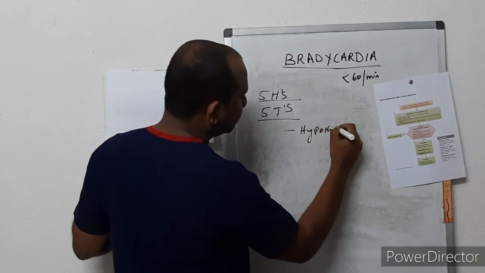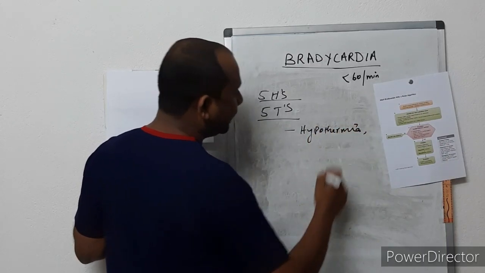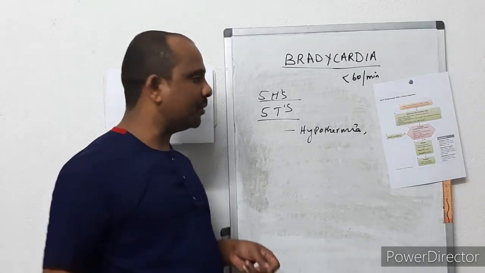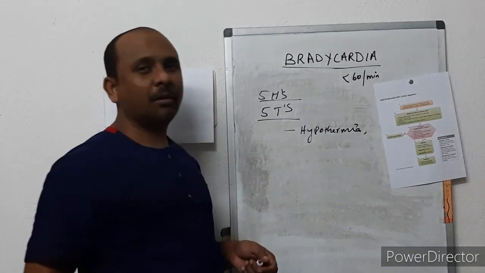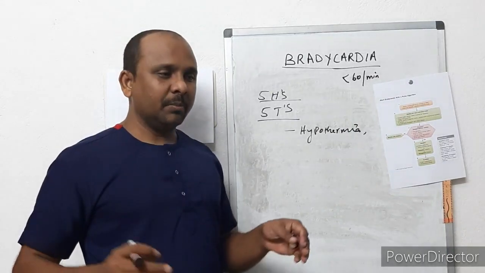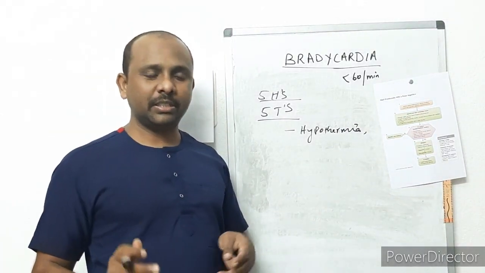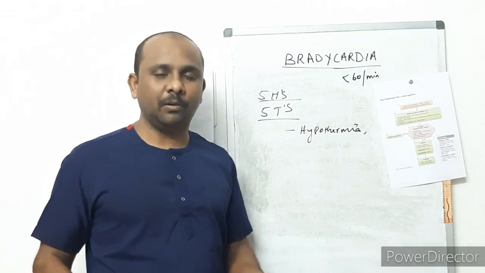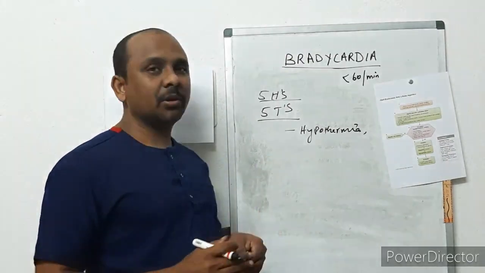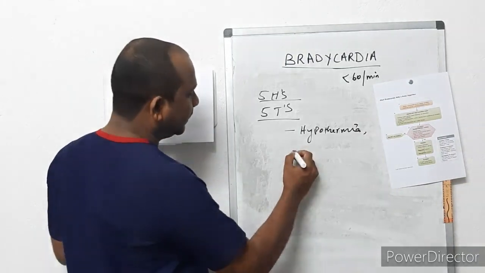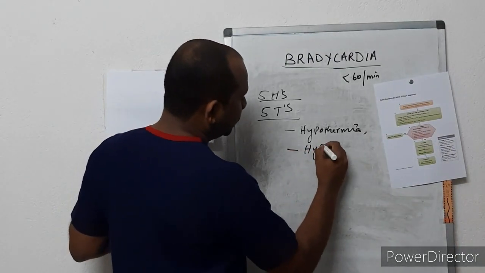Hypothermia. This is a very rare scenario in the Asian or Indian context. Usually we will not have hypothermia because the body temperature should go below 32 or 30 degrees Celsius, then only the bradycardia effect will come, right? So that kind of scenario is very rare in our locality, right? The second thing is the hypoxia.